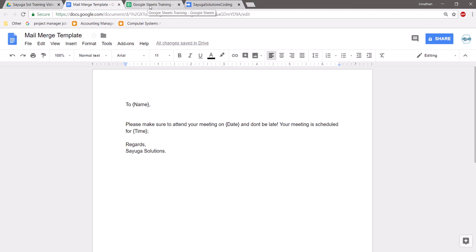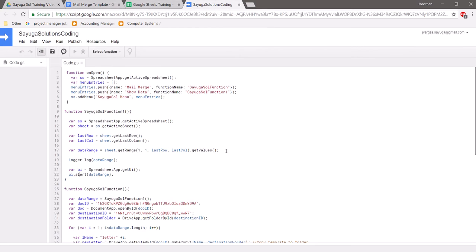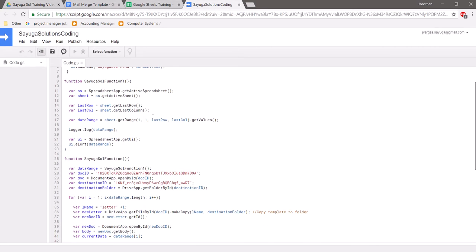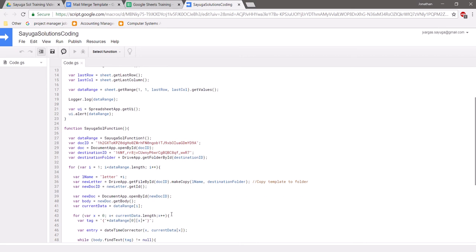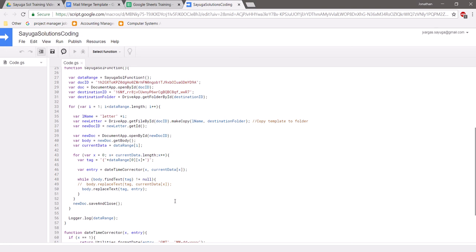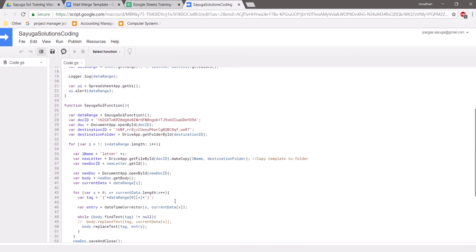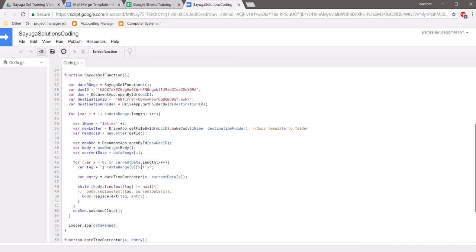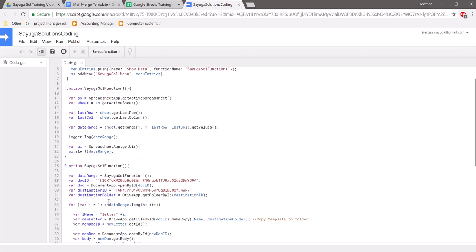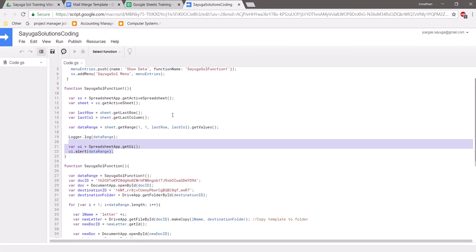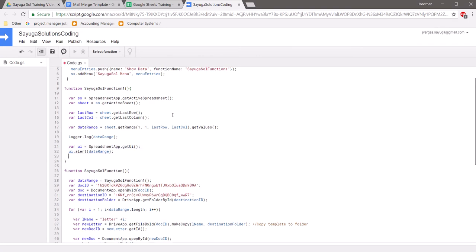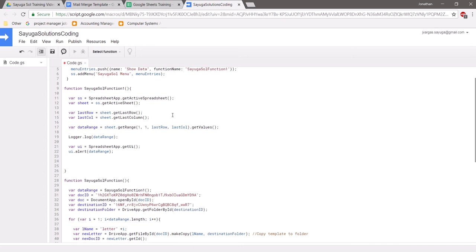Now, let's go back to the code. Now let's do something a little bit different. We are going to create a new function, and this new function is going to do the mail merge itself. Oh, sorry, went too far. So this is my new function. Now, so as to not waste time, I'm going to actually reuse the original function I pulled